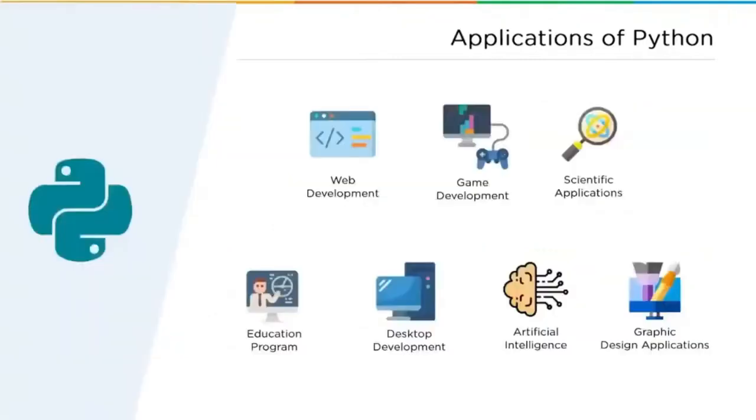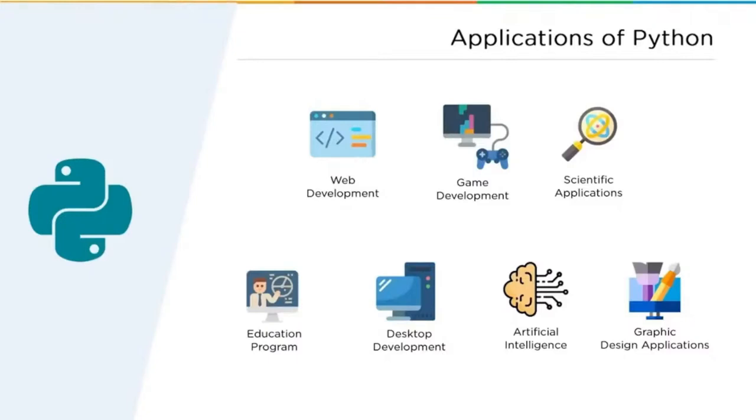Now, quickly, I will just go over some of the different domains where Python is very heavily implemented. The first few that come to mind are web development and AI and machine learning. So you have technologies like Django and Flask that are built on top of Python that are used extensively for web development. When it comes to something like artificial intelligence or machine learning, you have distributions such as Anaconda, you have Pandas, and many other libraries like SciPy and NumPy that are used extensively to tackle problems in this domain.